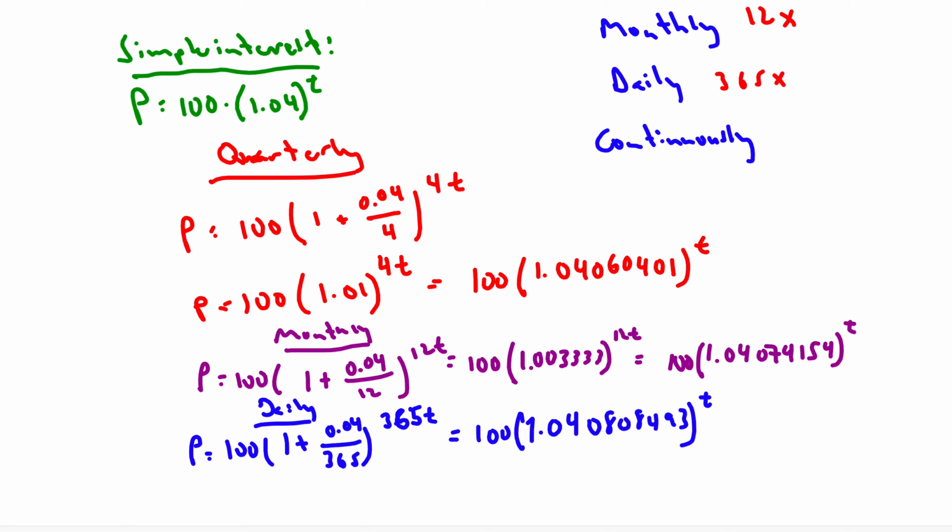Now, if I do this continuously, I apologize about the space, then it's actually simpler: e to the 0.04 t, times 100. So now what I'm going to do is figure out what e to the 0.04 is, and we'll find out. Let's see what we're going to see. e to the 0.04, there we go, is